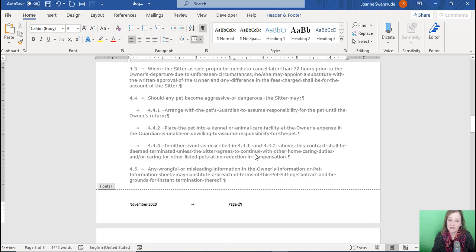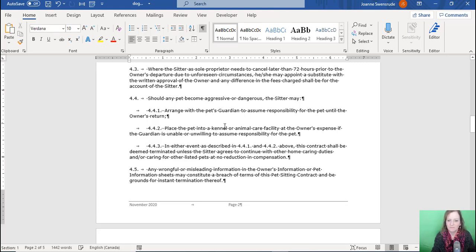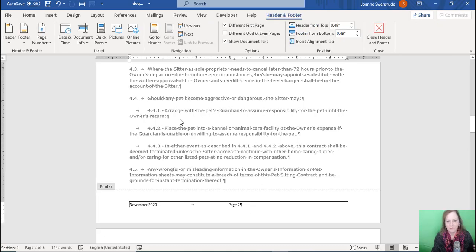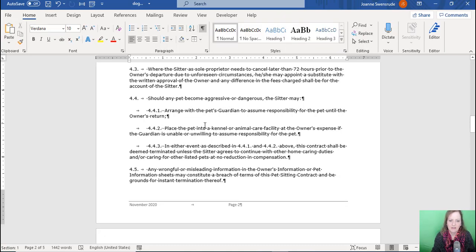And then a quick way to get out of that, remember how we got in? We double clicked on the header or the footer area. I'm going to double click on the document itself. Now I'm back into the body of the document. Want to get to my header or footer, double click. There I am, I work, I do my stuff. Double click to get back out. So that's a little bit about headers and